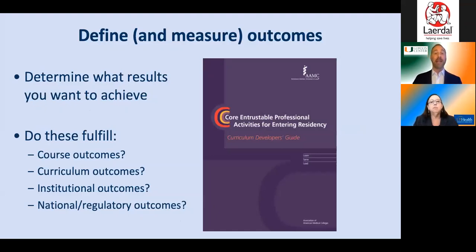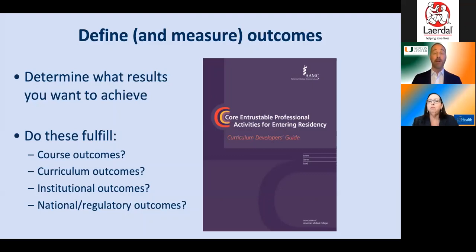And in fact, the next item up was the importance of defining your outcomes from the outset. We are operating, after all, in the outcomes-based educational paradigm now. And so it's very important that you explicitly determine what results you want to achieve at the end of your educational program. That can be on a micro level, like after one unit of instruction or one course, or it can be broader educational outcomes, like your institutional educational objectives. Many of those, I suspect, relate to even higher level, perhaps national or regulatory outcomes.